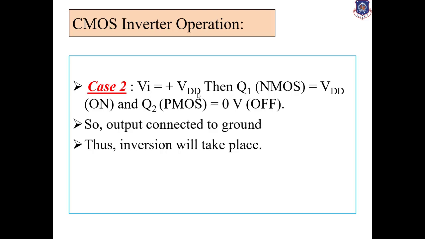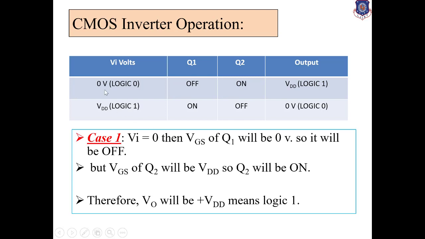So if input is maximum plus VDD, then the operation will be reversed. Q1 is equal to VDD, so it will be on and Q2 will be off. So output is connected to the ground and thus inversion will take place. It means that when input is VDD, that means logic 1, Q1 becomes on and Q2 becomes off, and that's why final output will become 0 due to